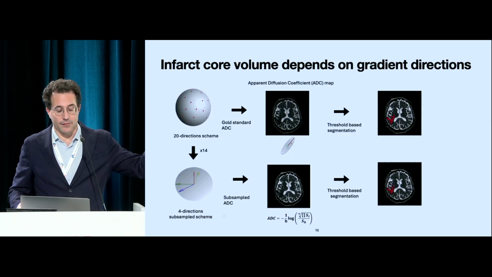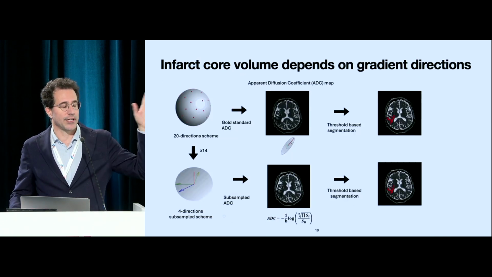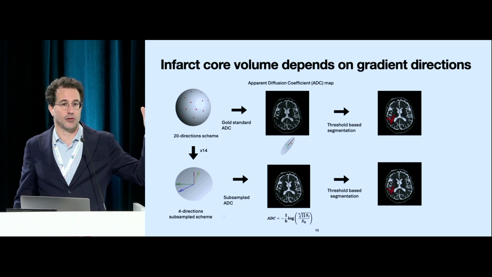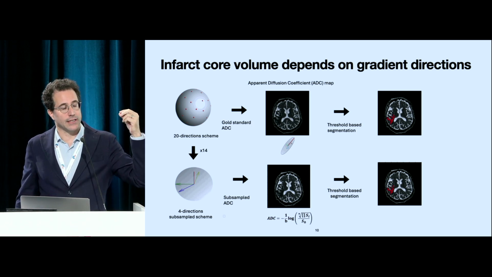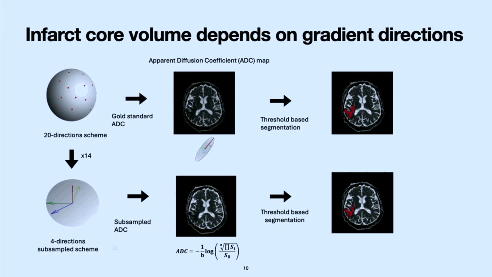So from the top, we have imaging with 20 gradient directions. This is the standard at CHUV. This idea was also prompted by the fact that we discovered our colleagues in Inselspital in Bern are using 4 gradient directions. Okay? And so on the top, you do your threshold at 620, and then you see at the right, the red part is the infarct core, if this person is imaged at 20 directions. If this person is imaged at 4 directions, which would happen in the Inselspital, for example,